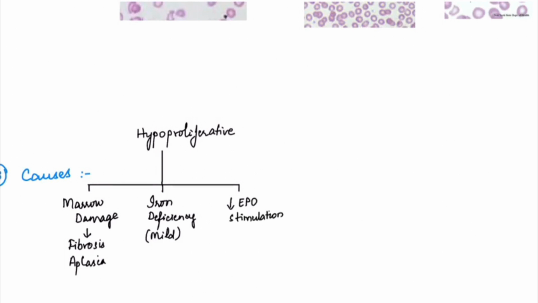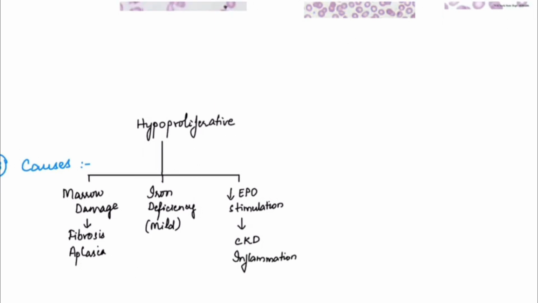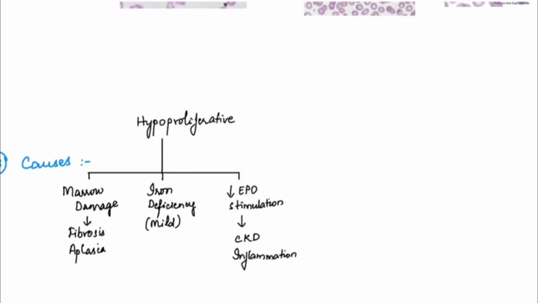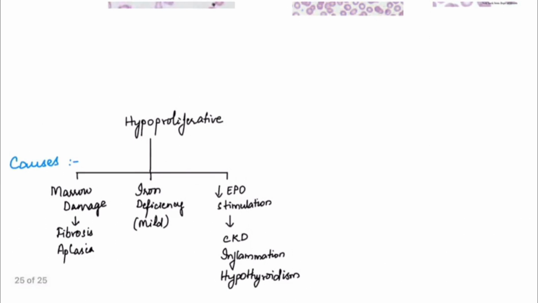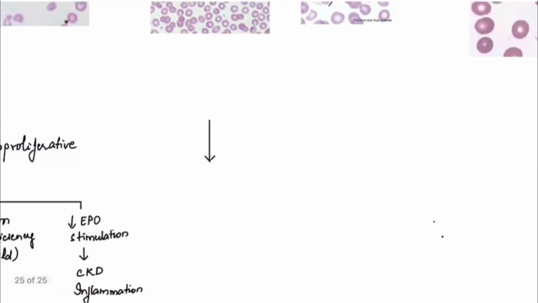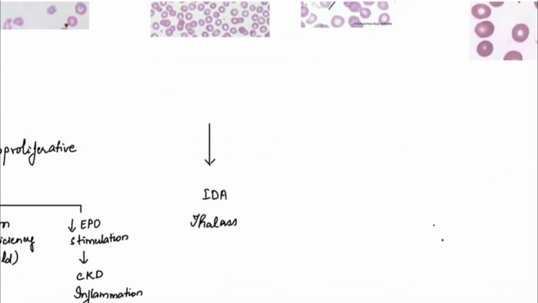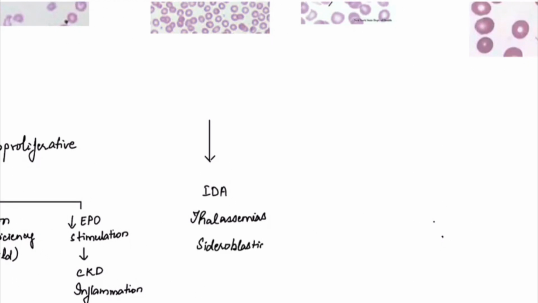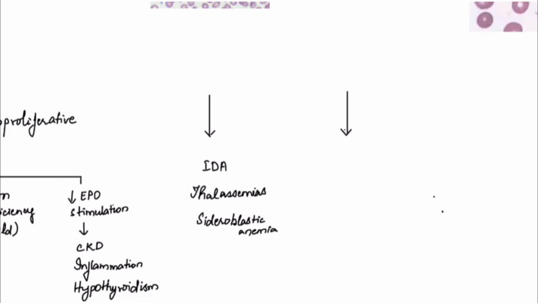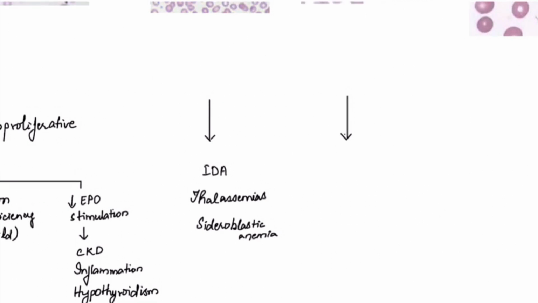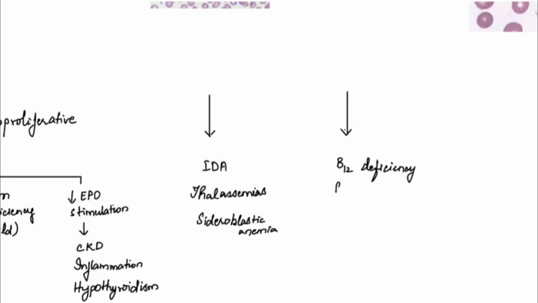This can occur in chronic kidney disease because kidneys produce erythropoietin. In inflammation because interleukin 1 inhibits erythropoietin. And in hypothyroidism because in hypothyroidism, there is decreased oxygen demand of the body, so erythropoietin stimulation is decreased. Now, when microcytes are seen, think about cytoplasm maturation abnormalities. So, either heme synthesis abnormalities like iron deficiency anemia and sideroblastic anemias, or globin synthesis abnormalities like thalassemias. Then, when macrocytes are seen, think about nuclear maturation defects. So, that may be because of B12 deficiency, folate deficiency, or drugs impairing folate metabolism like methotrexate and alcohol.